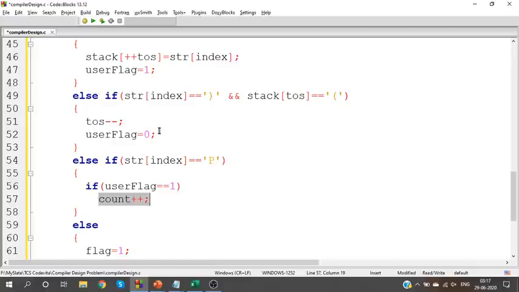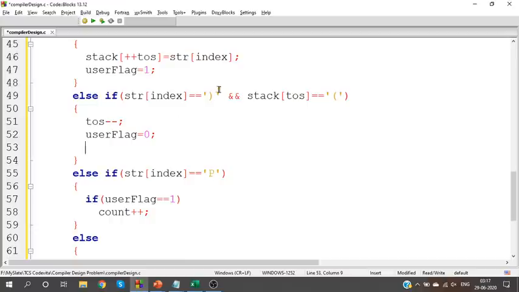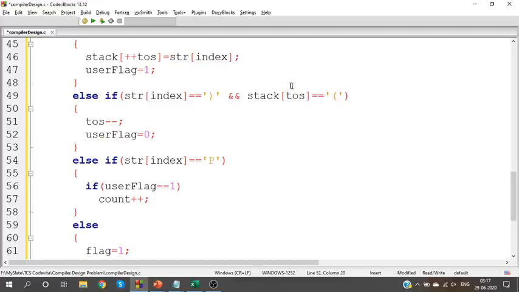So when I finish a user defined function, this is where a user defined function will end. When we end a user defined function, ensure that count is less than or equal to 100. If so, then it is okay. So I'll add the condition here. One more condition is count should be less than or equal to 100. Okay.